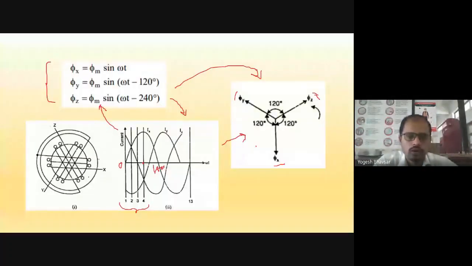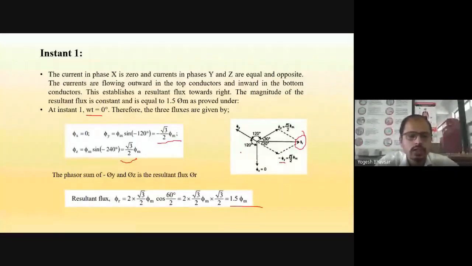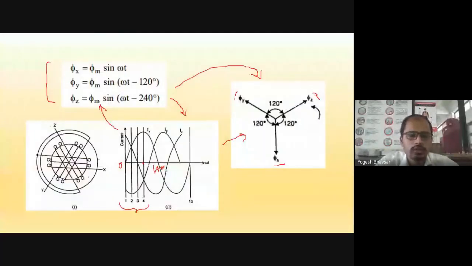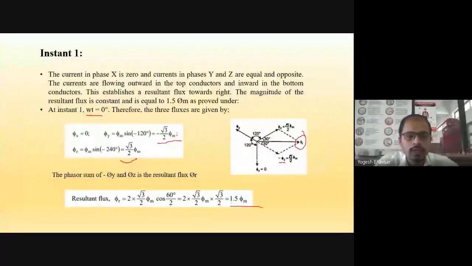So I hope that you understood this concept, why the magnetic field is rotating in nature. It will not be asked in the exam, but you should know why the magnetic field is rotating in nature. These formulas you have to remember. These are basic 3-phase formulas, their waveform and phasor diagram. We have already studied this in first year. Here, what we did is consider different instants. We put in the value of omega t, that is the angle, at different instants,